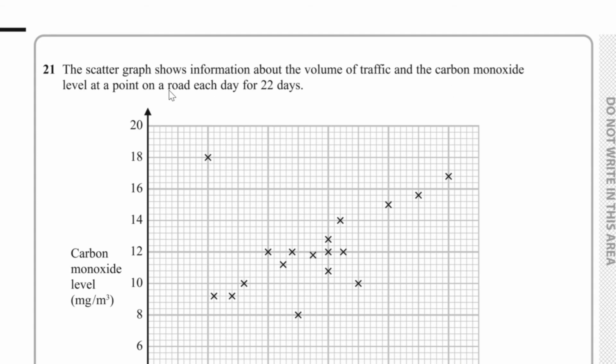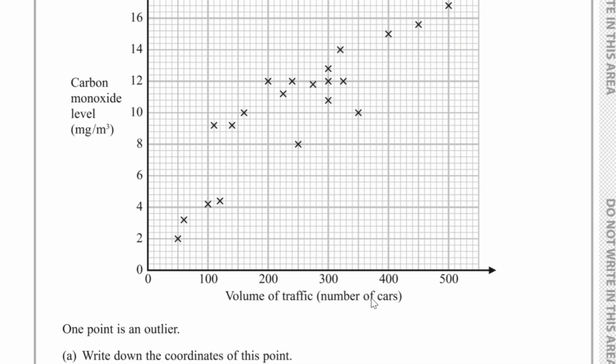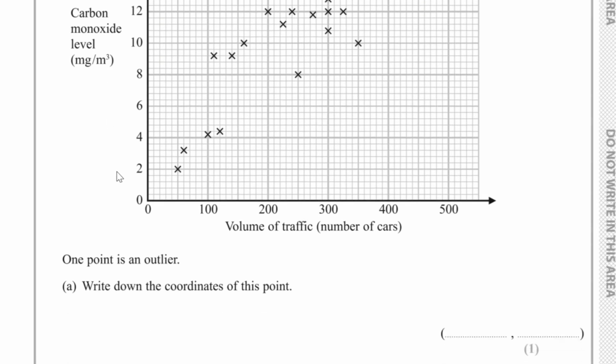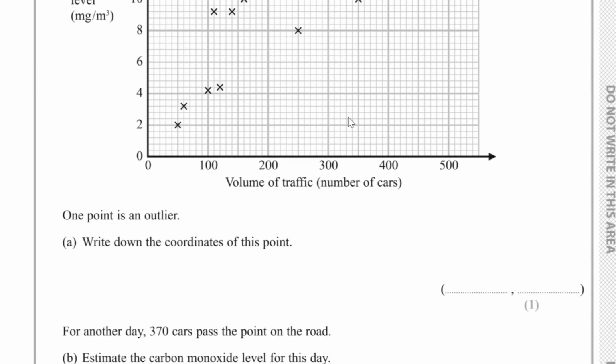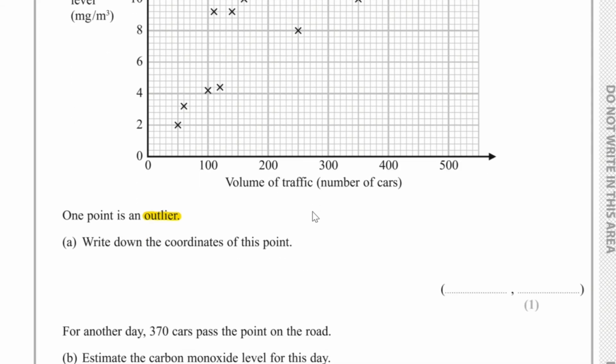Question number 21. The scatter graph shows information about the volume of traffic and the carbon monoxide level at a point on a road each day for 22 days. So we've got the volume of traffic, in other words, the number of cars, and the carbon monoxide level, milligrams per meter cubed. One point is an outlier. We have to write down the coordinates of this point. Well, if I take a look, I've got all these points over here, but then this one stands out. It's an outlier. The coordinates of that, we've got 100,